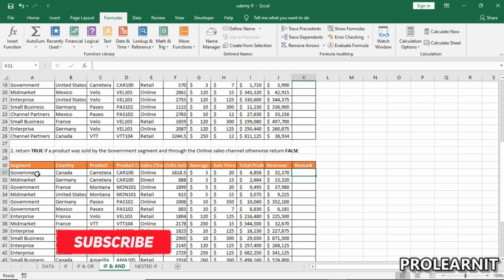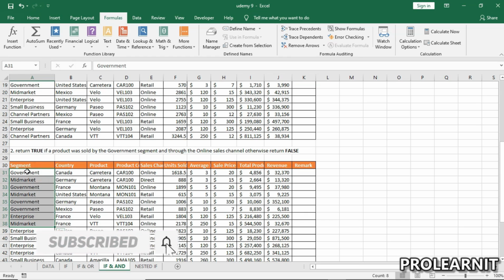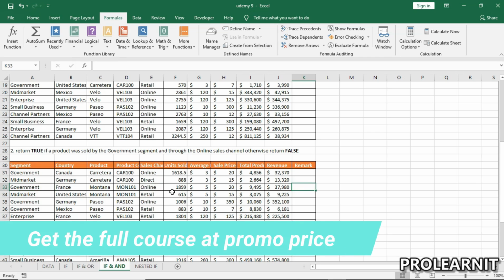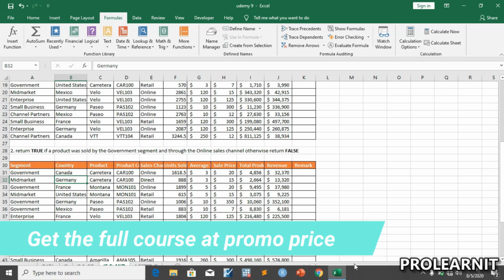So we are going to check if a particular product was sold in the government segment and also through the online sales channels, and then we are going to return true. But if a product was sold through the government segment and was not sold through the online sales channels, it will return false automatically. And that's basically what the AND function is going to do. In the case of the OR function, if one of these conditions were met, it is still going to return true. But that doesn't work for the